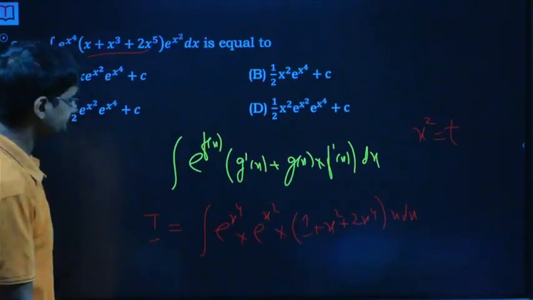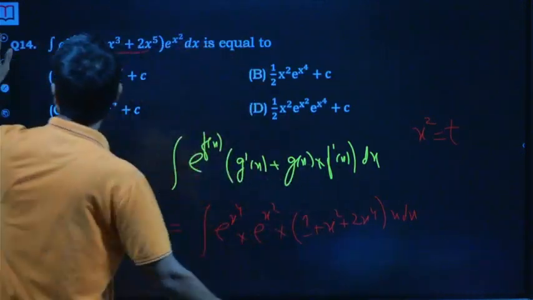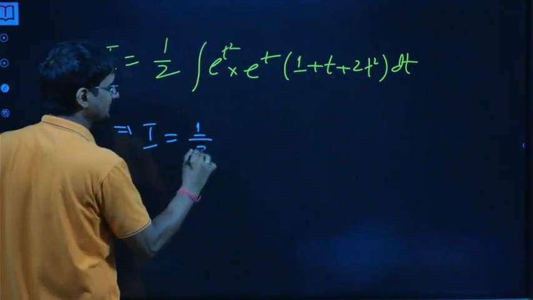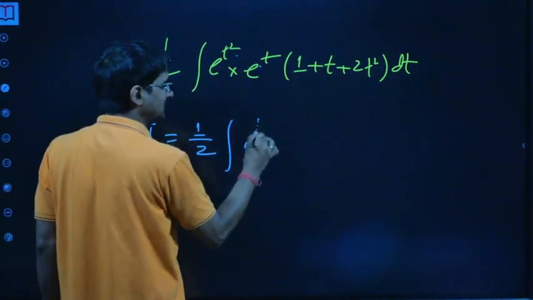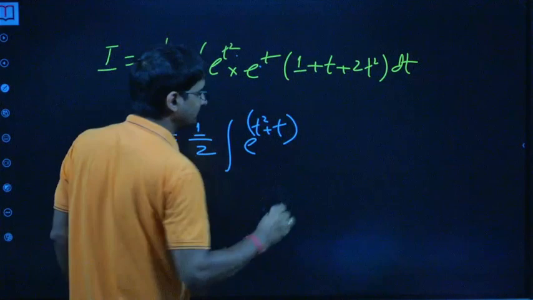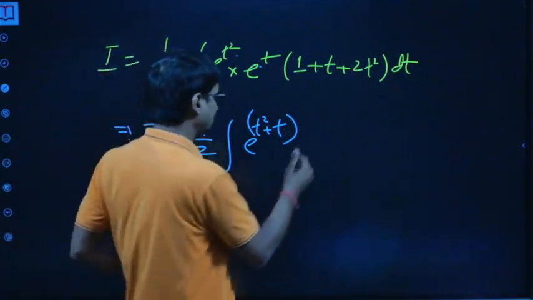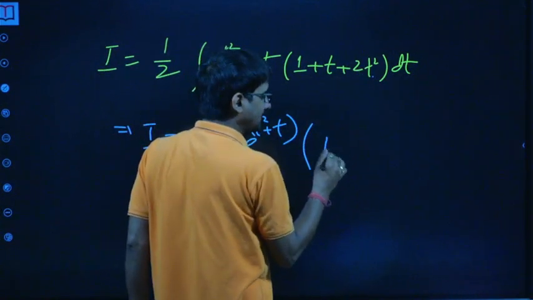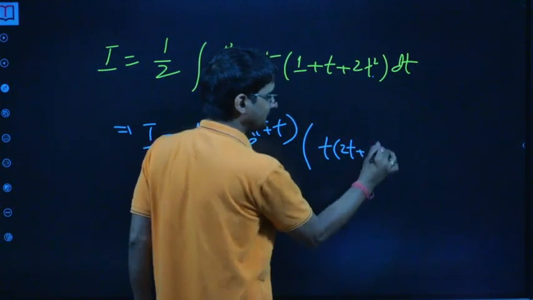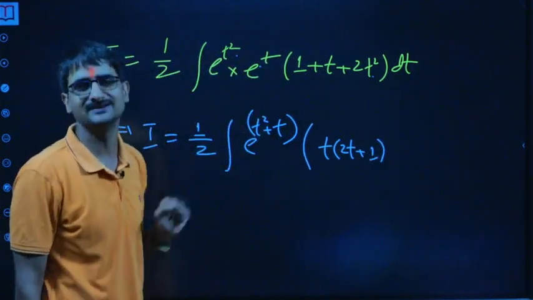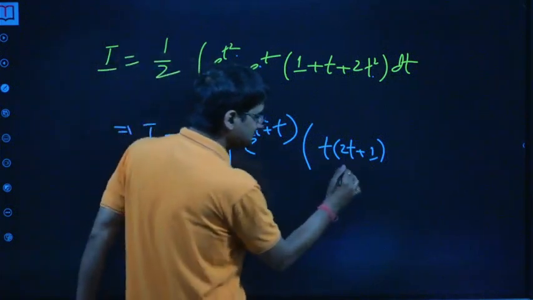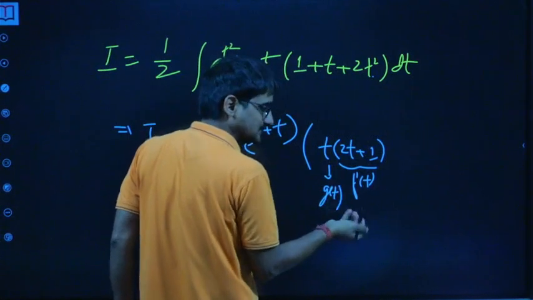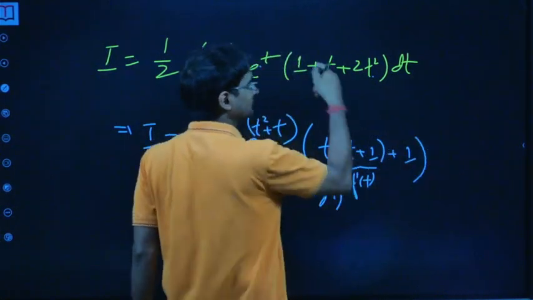Fine. After that actually I realized, you may say that how I can't see it happening from the beginning itself, but then I realized, okay, if I write it as this, so this might be f of t. Now the point is, can we get its derivative? So from here we can see that if I take t common, 2t plus 1, now 2t plus 1 is its derivative. So now we got it. So this should be f dash of t. So in that case, let's take it as t, g of t, and its derivative is 1, which is what is left here.